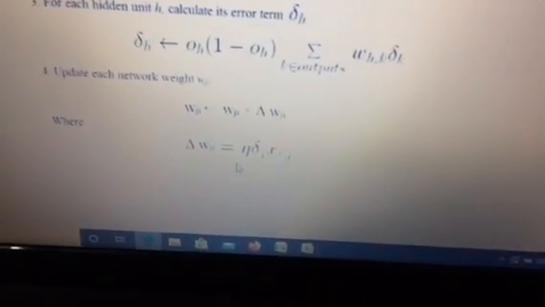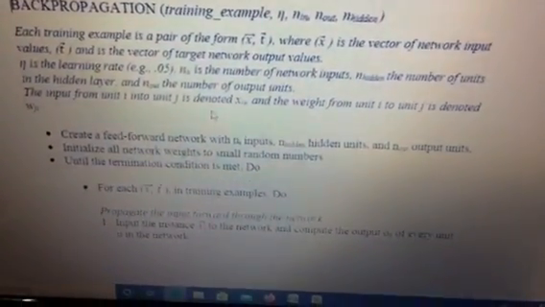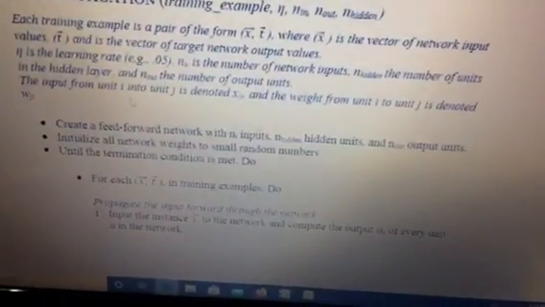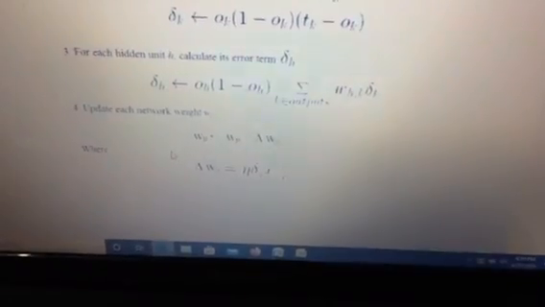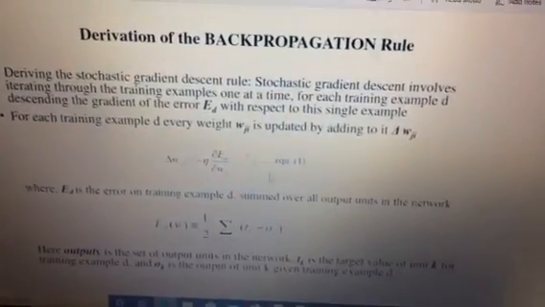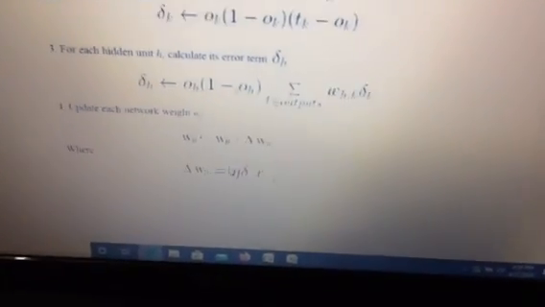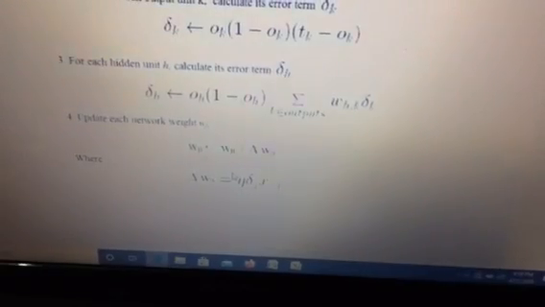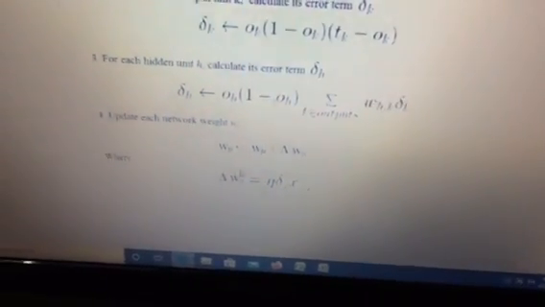Next we are going to update our weight. The updation is done as w_ji equals w_ji plus delta w_ji. Understand the notation: we have written here x_ji and w_ji. When it is moved from i to j, that's why it is written w_ji equals w_ji plus delta w_ji. And what is the value of delta w_ji? This we are going to derive in the next topic, the derivation of the backpropagation rule. So for delta w_ji we have the value: eta is the learning rate, delta j is the backpropagation constant of an input layer, into the input x_ji.